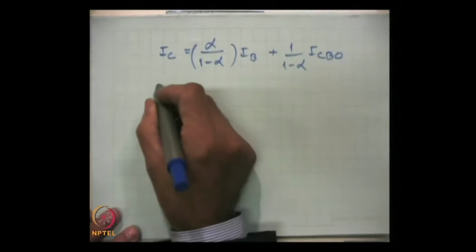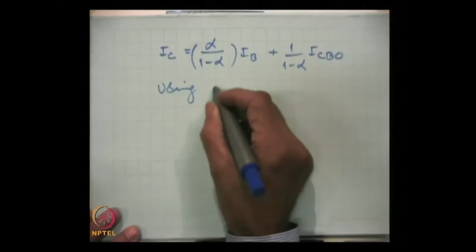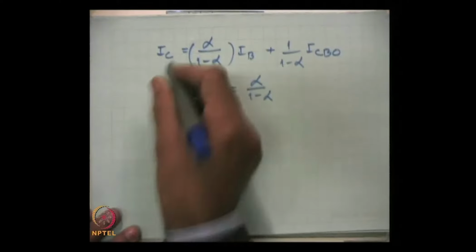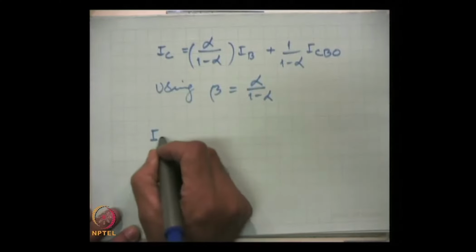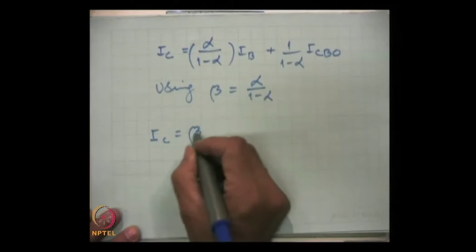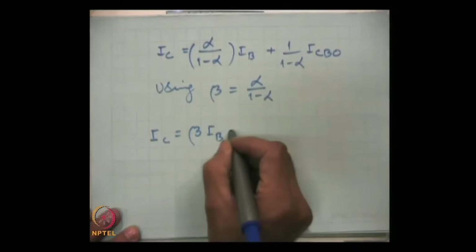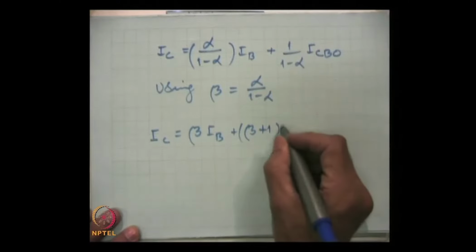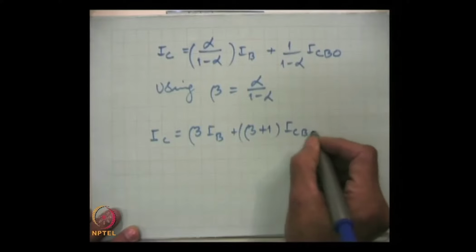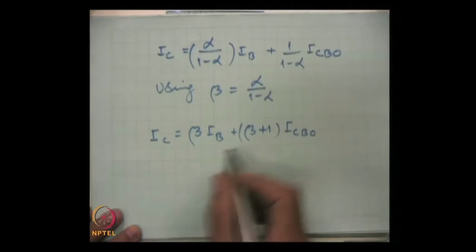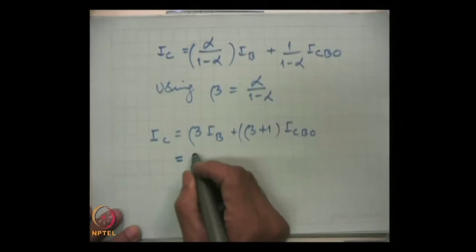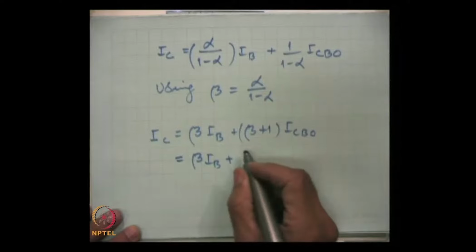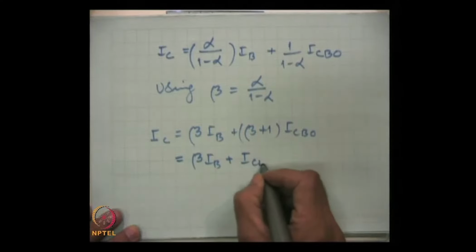Using the relation for beta, beta is alpha by 1 minus alpha, then this equation becomes IC equal to beta IB plus beta plus 1 ICBO, and this can be written in the form beta IB plus ICEO,